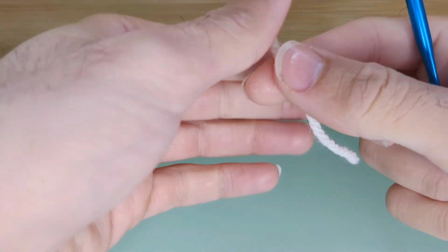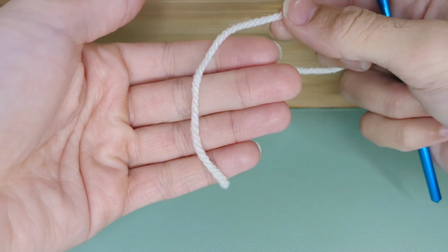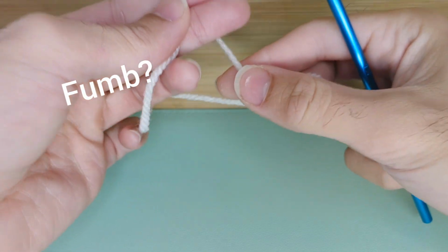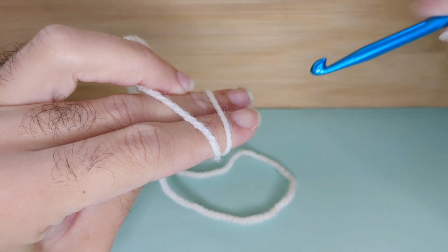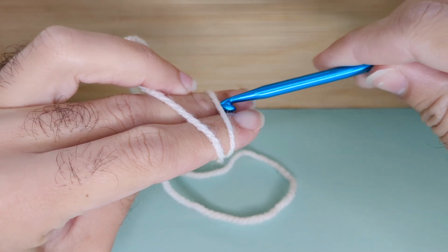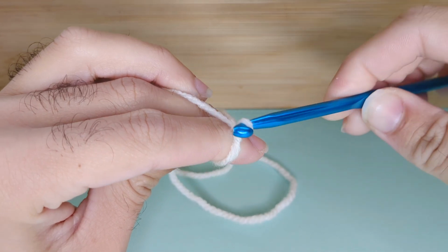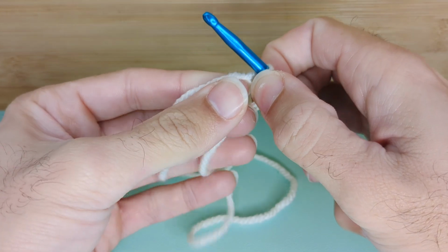So we're going to start with our white yarn and we're going to make a magic loop. This is how I like to do it. So I have my yarn tail hanging over my hand like this, and I secure it with my thumb and wrap it around. I insert my hook under the first strand, grabbing the second strand, pull it through with a twist, then taking the magic loop off my hand,